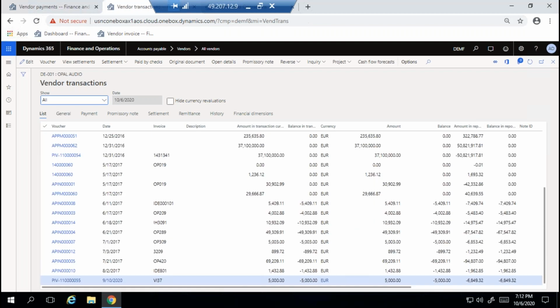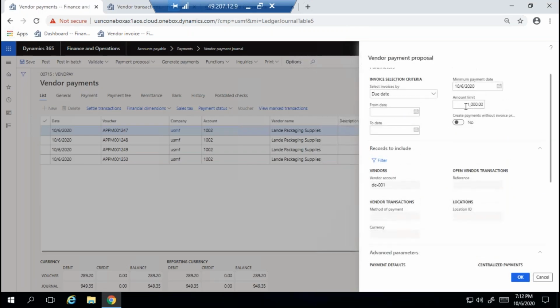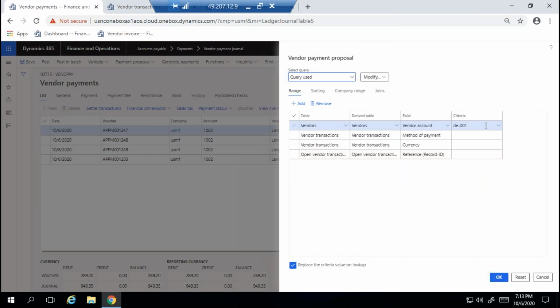For this DE001, there are some transactions. I'm just checking. Now I want to do the payment for DE001, so I have selected the filter DE001. Let me click OK.